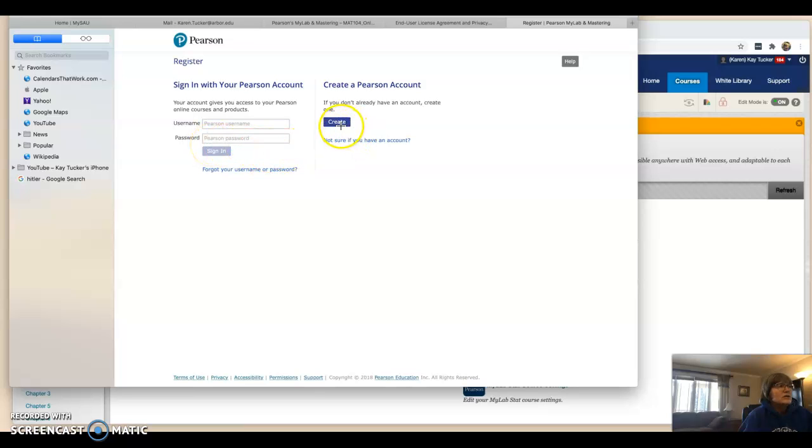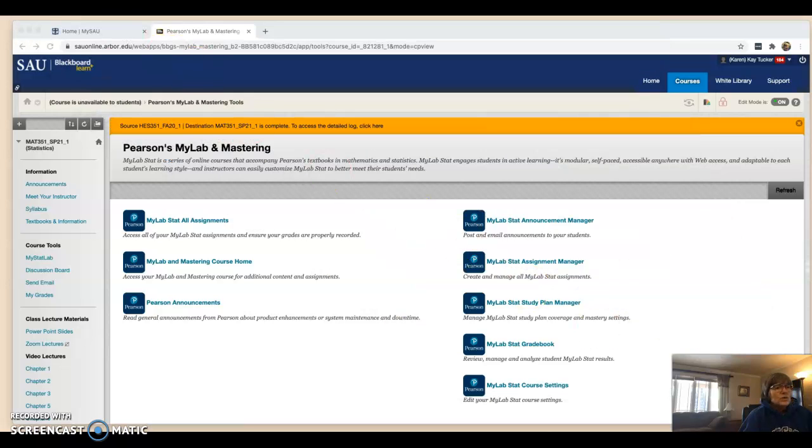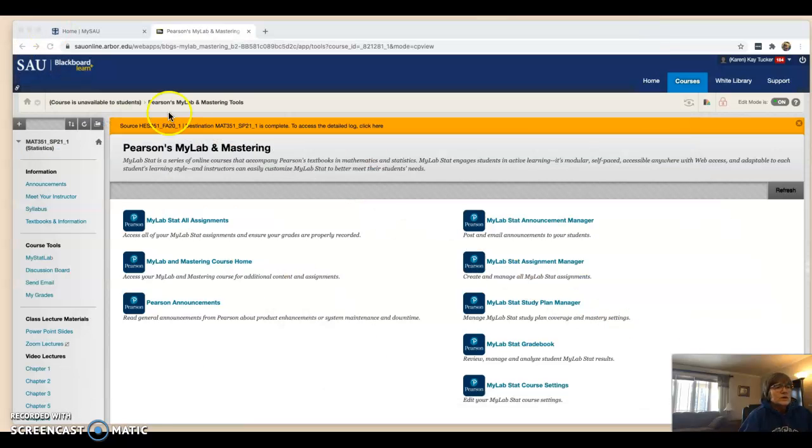If you haven't, just hit create, and it'll ask you your email and ask you to set a password, some things like that. And so you just create your account. Then once you create your account, then it will ask you to, sorry, that's the one you just saw. So you created your account. And so the next thing that you want to do is